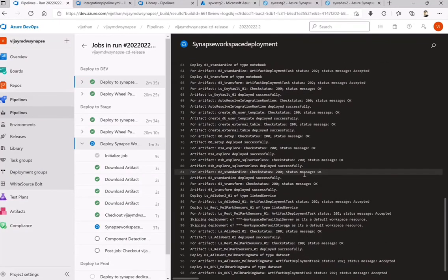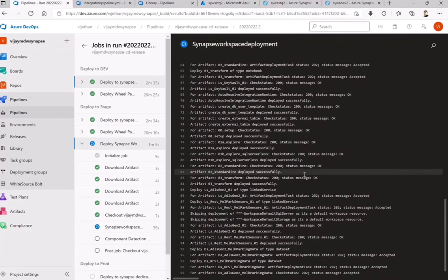So all notebooks, linked services and everything, whatever you can think of from a workspace perspective, is deployed on the workspace as it is. So all configurations are now available in the staging environment.